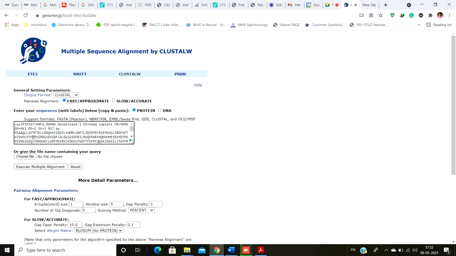1-letter code of amino acid. Okay, this is the FASTA format. So even if you don't write the name, nothing will happen. You have to give a greater than sign, but you can't start your protein name just after the greater than sign. You have to start that from the next line.